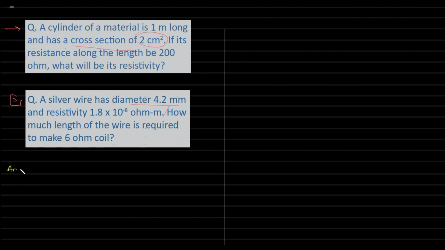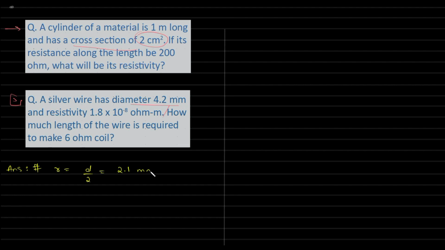You know, read things properly. And when you read it, you should not be confused about how to go about doing it. So basically they've given the diameter, find the radius first, then find the area and so on and so forth. Okay, so let's write given. Radius is diameter by 2, which is